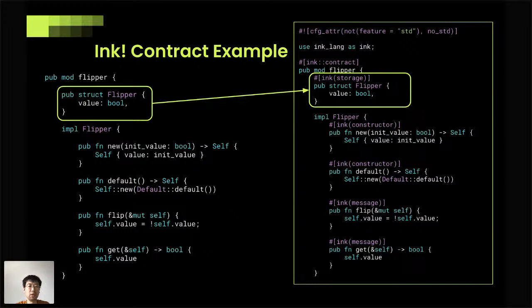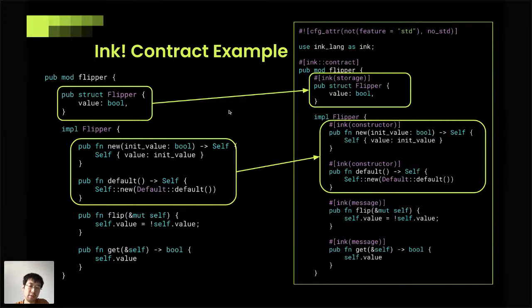And this also holds in Phala, because you can deploy an unmodified ink contract on Phala. But the good part is that on Polkadot, this state will be public on chain. So other people, even if they do not invoke these functions, can directly read the value from the blockchain. But your contract state will by default be encrypted on the Phala network. So others cannot peek at the value of flipper, and they have to read the value through the invocation of this function.